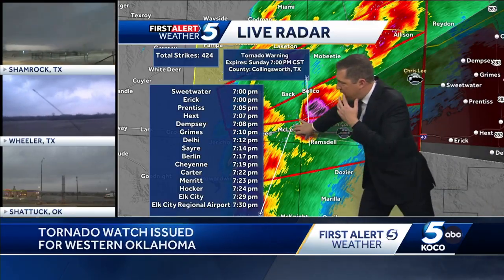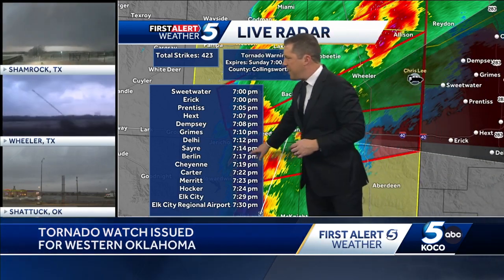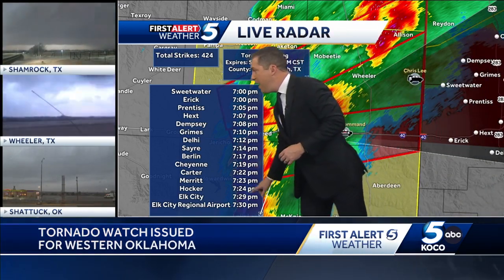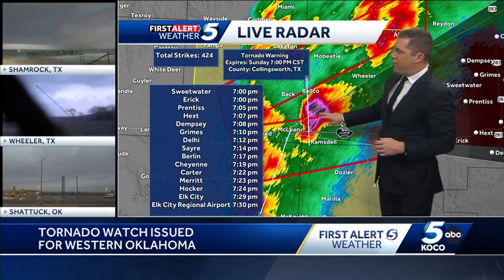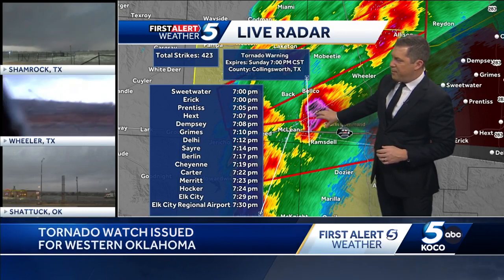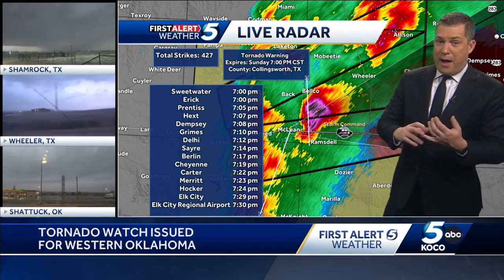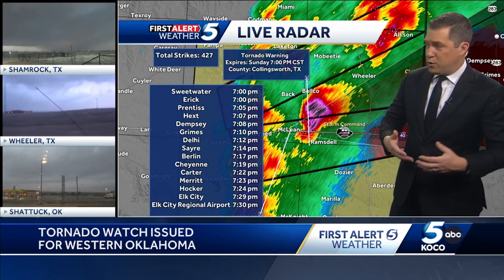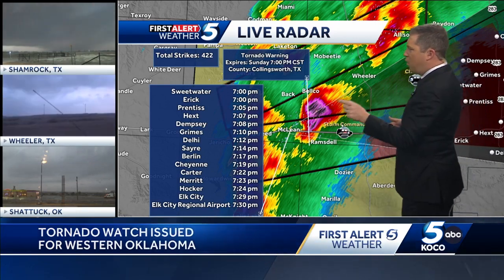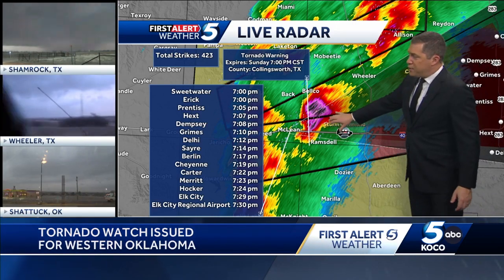At this current track, it would make a run towards Elk City here. So Berlin at 7:17, and then Elk City at 7:30 with this storm right here. There's likely going to be some hail up inside of it, but again, the main threat with these storms will be the wind. And so whether it's powerful straight line winds or if we're talking about tornadic winds, we're going to keep a close eye on this cell right here as it continues to move much farther into the